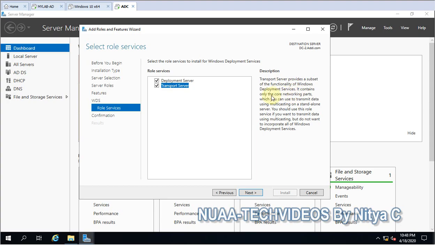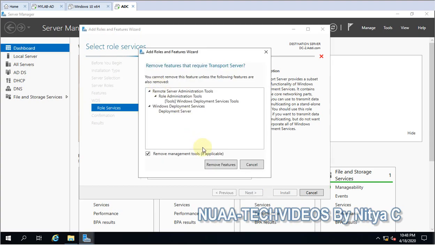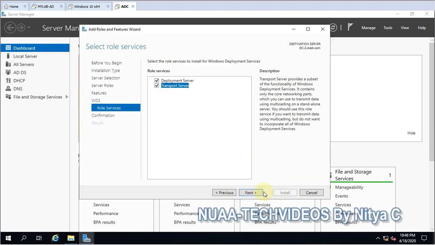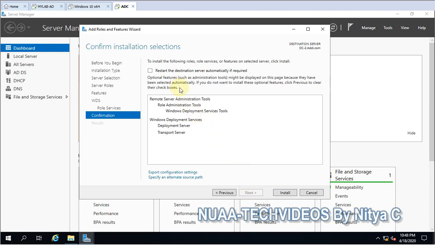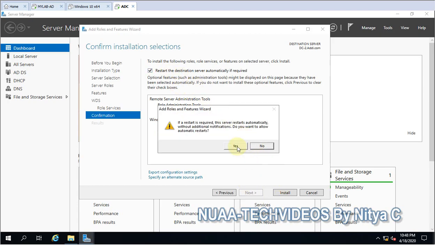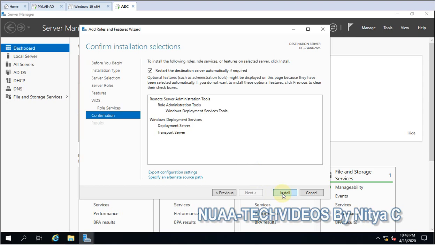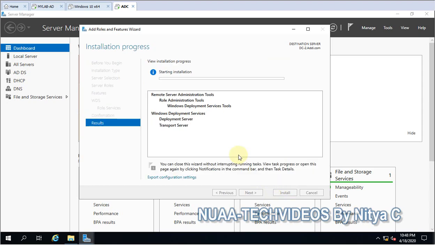It contains only the core networking parts, so we don't want this. Let's install it, restart if required. Install.